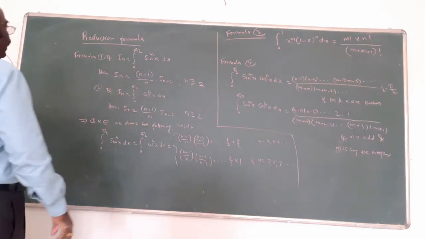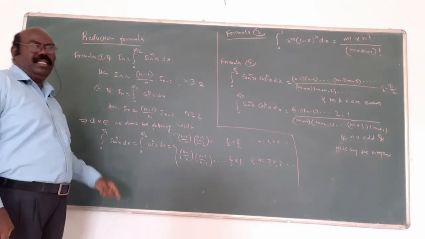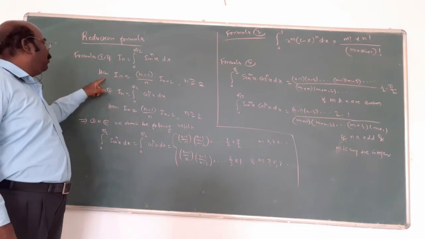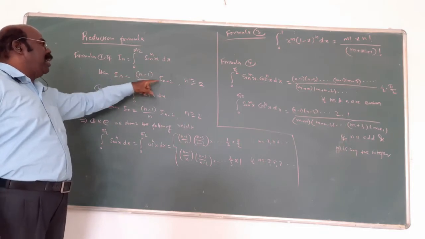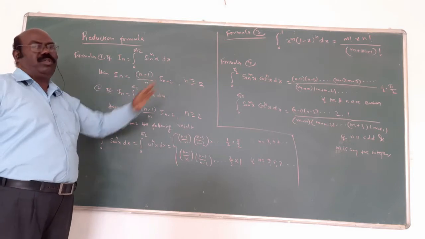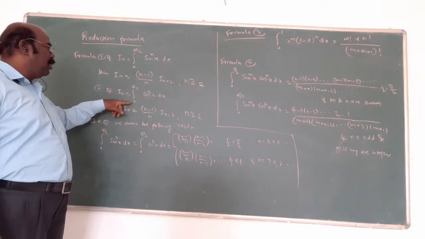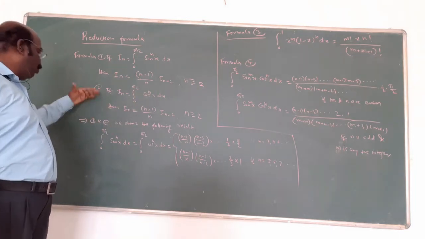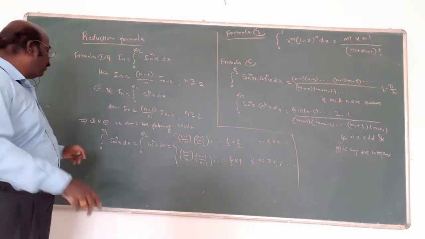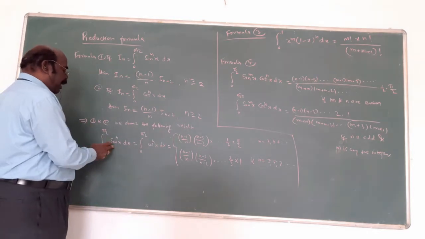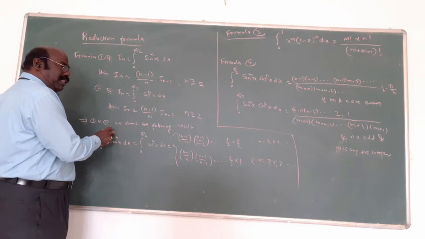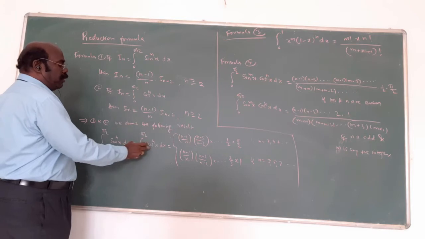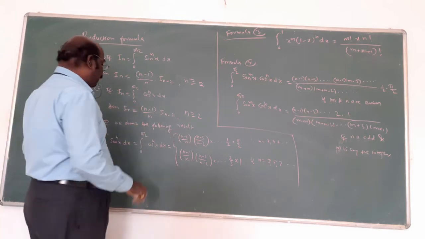Now listen here. Reduction formula. 0 to pi by 2, sin power n x. The formula is I n equal to n minus 1 by n, I n minus 2. n is always more than 2. Similarly, cos power n also has the same formula. The 1 and 2 together give the following result. What is the formula? 0 to pi by 2, sin of power, whether it is power 3, power 4, power whatever may be, or cos of something, but the limit is always 0 to pi by 2.